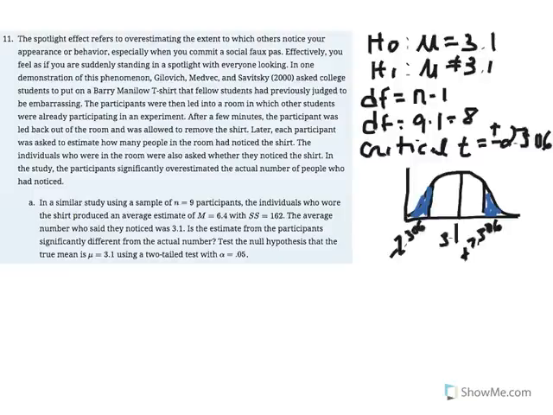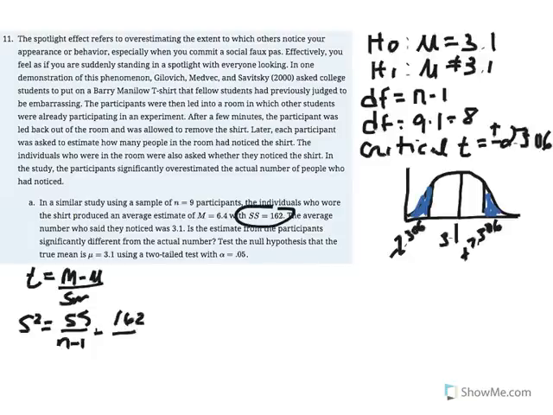To determine that, we're going to calculate our t value. So t is equal to m minus mu divided by our estimated standard error. In this case, we're given SS, so we're going to use that to calculate our variance. Variance is equal to SS over n minus 1, 162 over 8. If we enter that in our calculators, 162 divided by 8 gives us 20.25. We're going to now use that to calculate our estimated standard error, which is equal to the square root